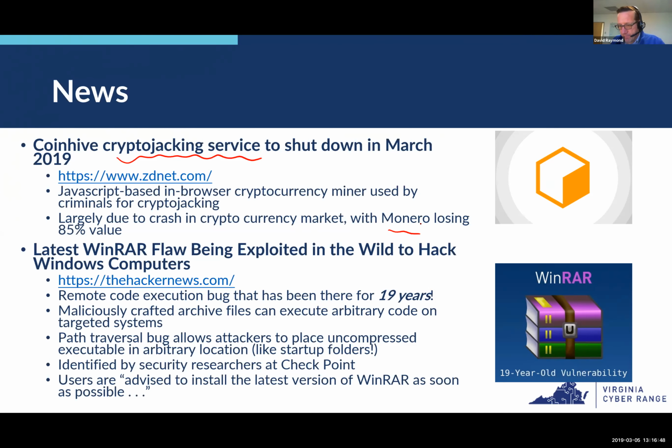But Coinhive's business model was that you could tell the people who visited your website, hey, I'm not going to serve you ads, but in lieu of ads, we're going to have your computer do some work for us while you're visiting our web page, and then when you leave the web page, that work is going to stop. It's sort of trading compute cycles for the ability to go to the web page, instead of ad revenue.